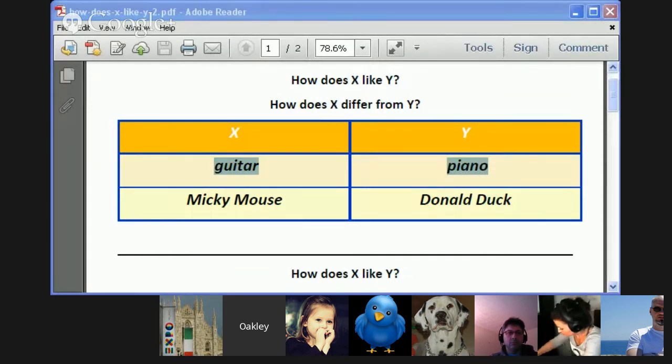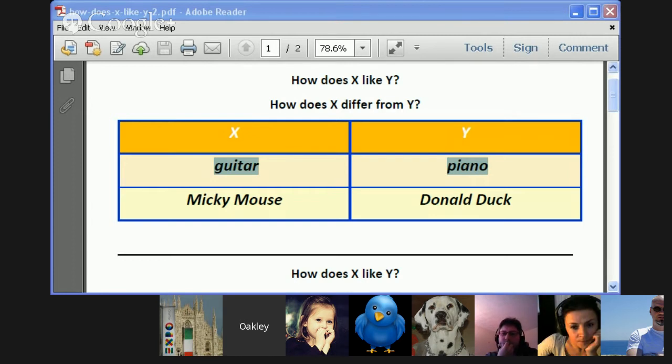If the difference has to do with an uncountable noun, for example, we're talking about the difference between how rich Max is and how rich I am, I would have to say Max has much more money than I have. Much more money, because money's uncountable, so I have to use much. Am I right, Max? At least I'm right about much and many.